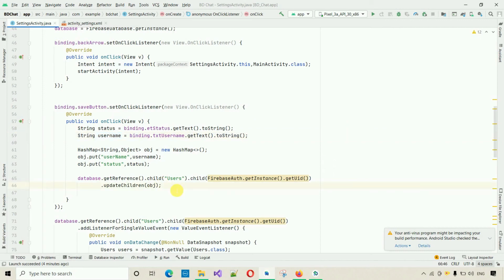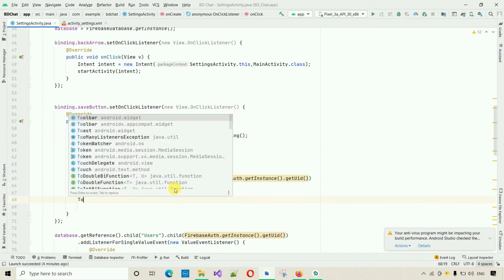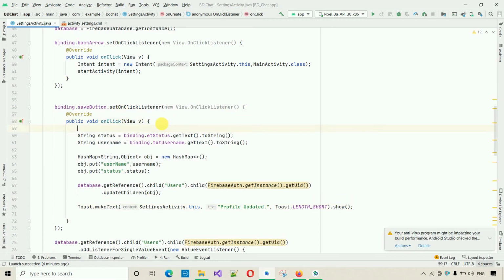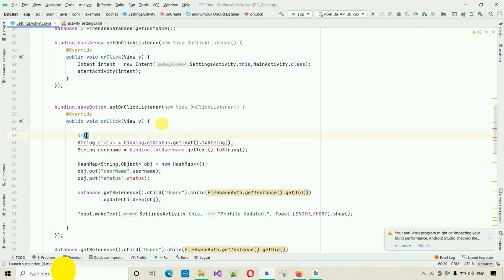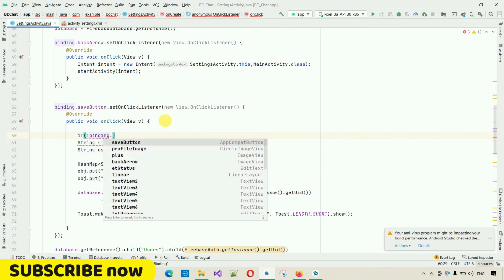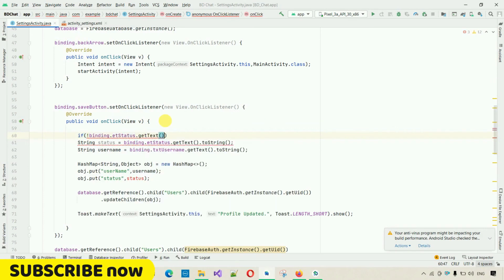After this, we want to show a toast message, so we can show a toast message like this one, create a toast profile updated. And you can also check one small thing, that is if the text field is empty, then you want to show the user some sort of message. So if not binding dot et status dot get text dot to string is equal to null,